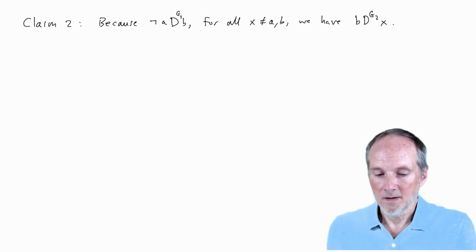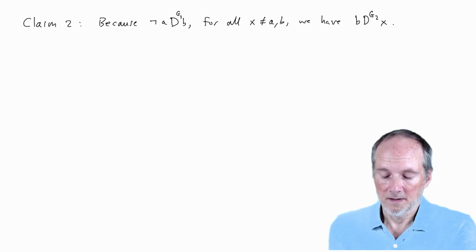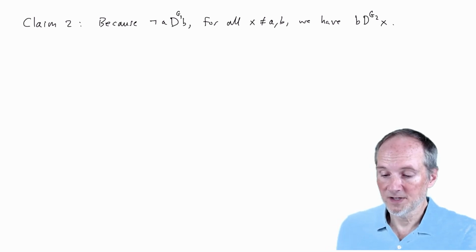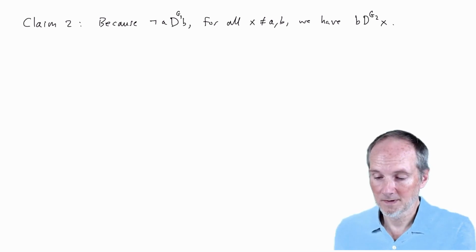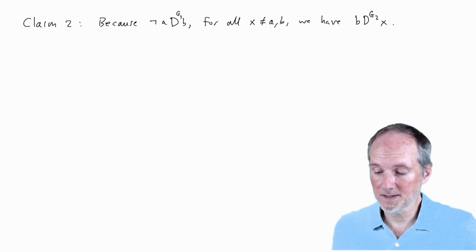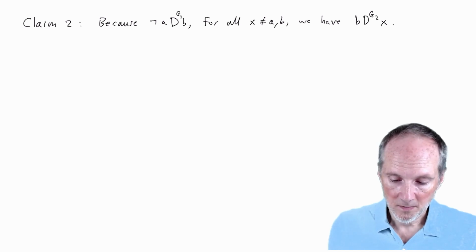We're going to use claim one as well, but the key here is that G1 is not decisive for A over B, and that lets us actually deduce something about G2. G2 has to be decisive for B over any third alternative. Okay, so that's quite a step up. And so to prove this, we will